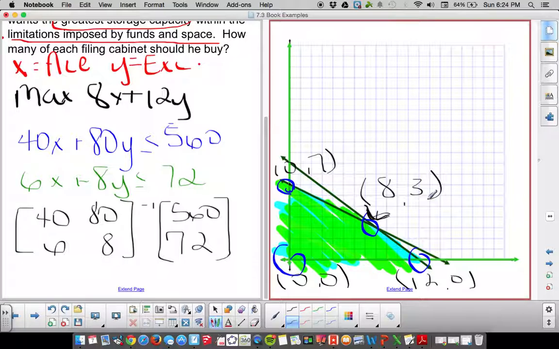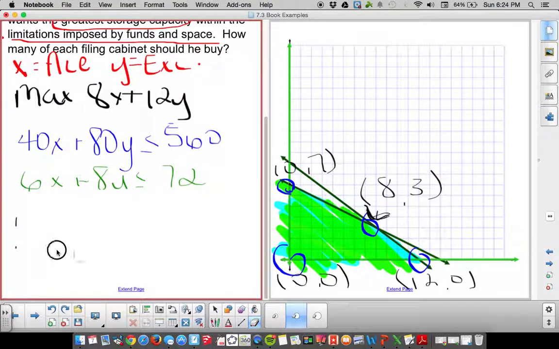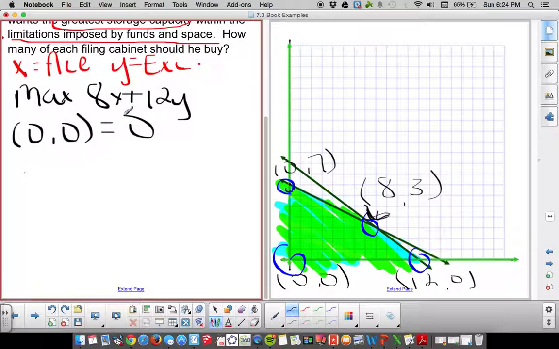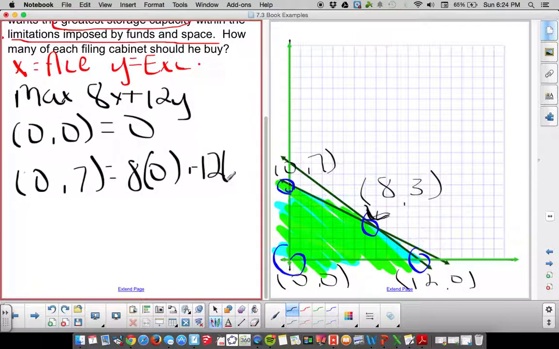Now that I have all four corners, this is where I need to maximize my objective quantity. So let me erase and get rid of some junk here. I'm now going to plug in my corners to that objective equation. So when I plug in 0, 0, I get 0. When I plug in 0, 7, I get 8 times 0 plus 12 times 7, which is 84. I have 12, 0,